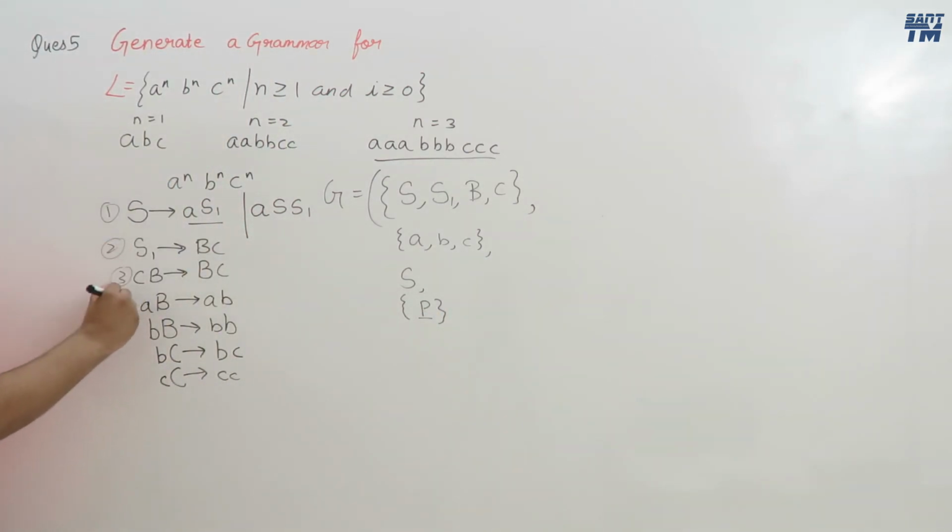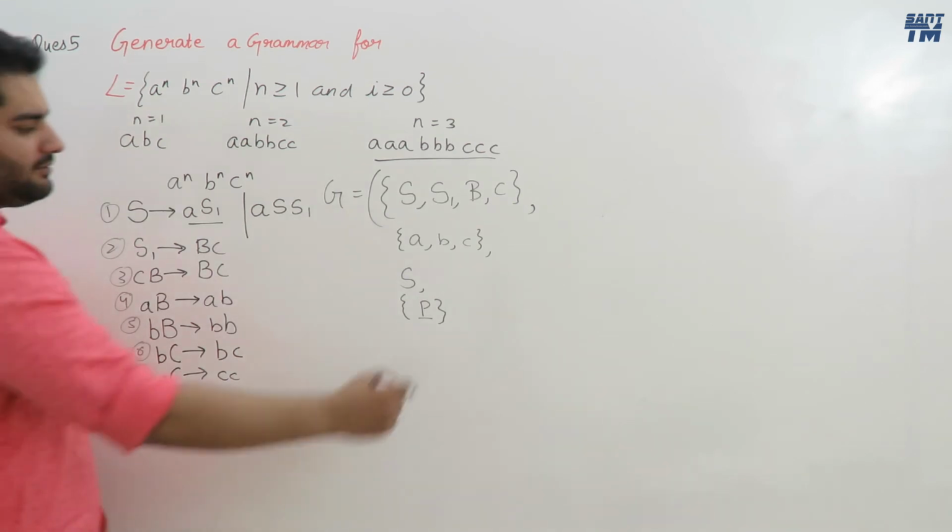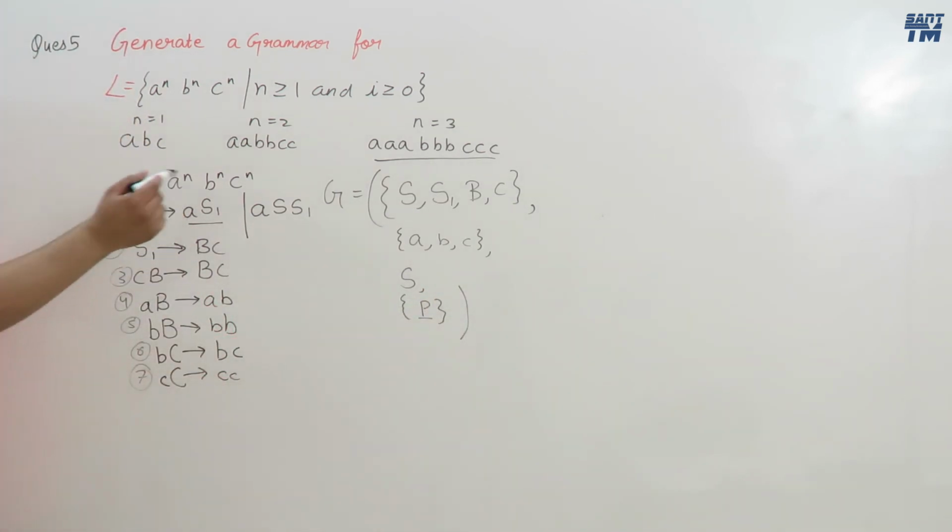1, 2, 3, 4, 5, 6 and 7. In the place of P, you write all the 7 production rules. This is our grammar for this language. I hope this example is also clear to you. So I hope all the examples that I have discussed for generation of a grammar from a language are now clear to you,